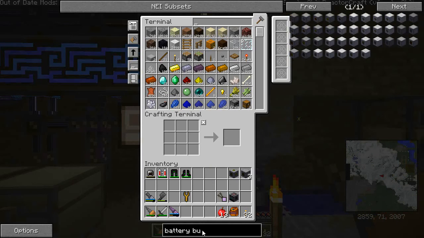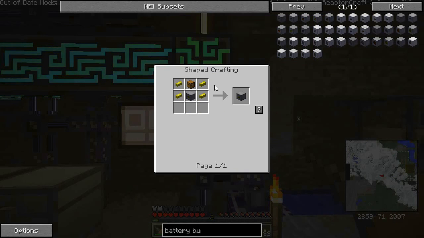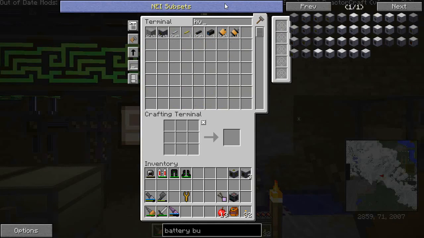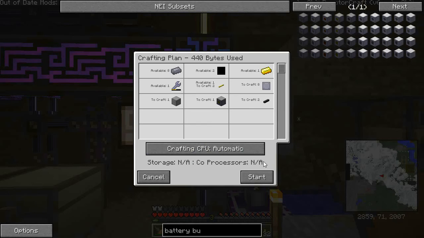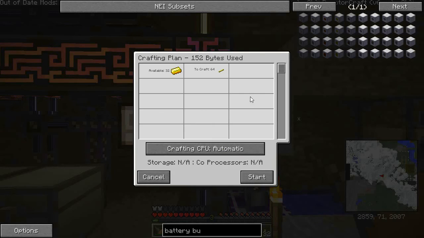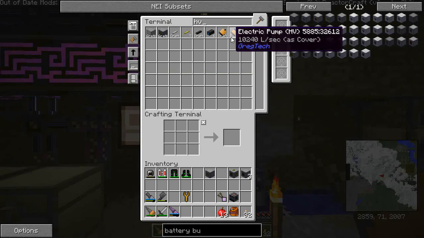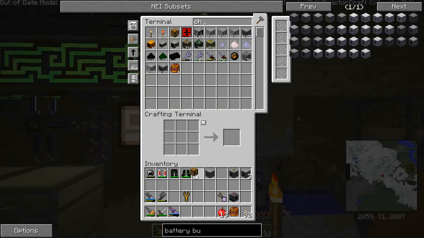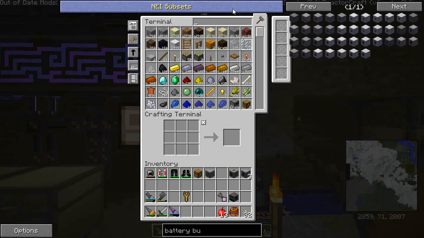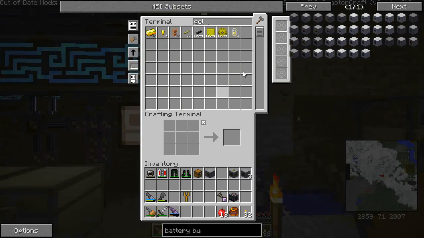So which one are we going to use? High voltage battery buffer. So we need a bunch of gold wire, another HV machine hull, and a chest. So we're going to go for these. Now, I tend to like making as much as we can do, really, and we've got quite a bit of gold, so we're just going to go for the full 64. We're also going to need a chest, machine hull. Now, once that moves up, we're going to get some of that. We're also going to need,